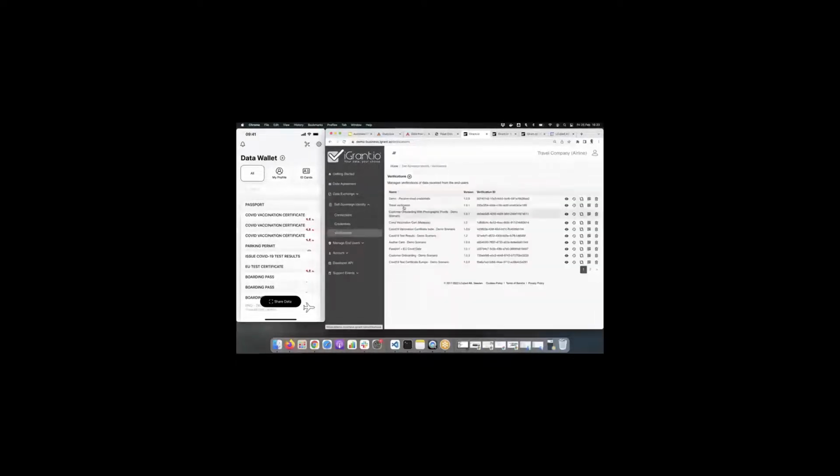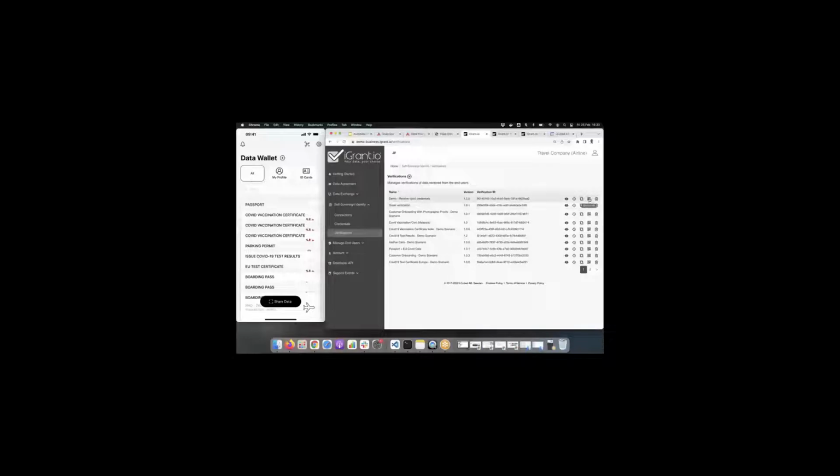Once I'm happy with it, you can see that the information the travel company is seeking here is the beneficiary name, vaccination dosage, and the vaccination date. Once I'm happy with it, I save the data agreement. This data agreement is added into the iGrant registry, the ADA registry component, and converted into an SSI workflow, resulting in a verification over here. As you can see, the data agreement was called Demo Receive COVID Credentials.